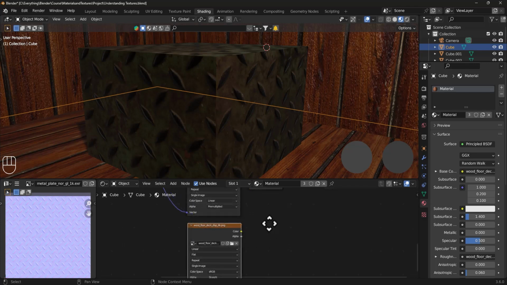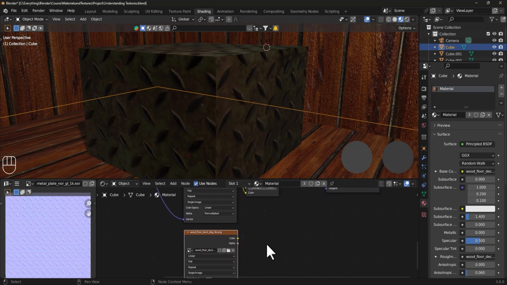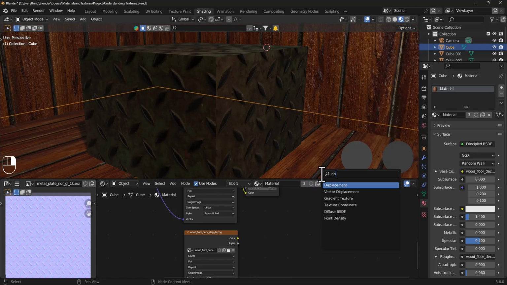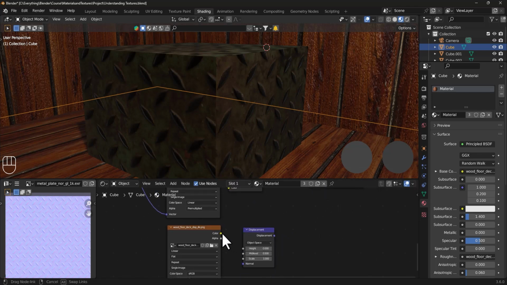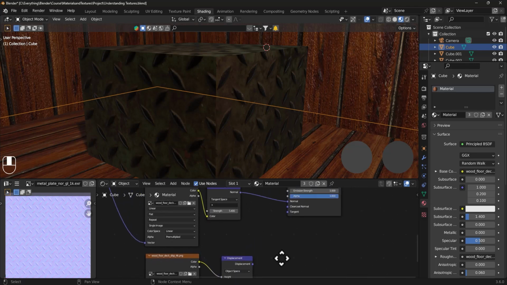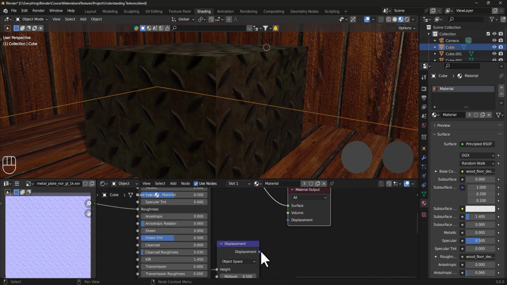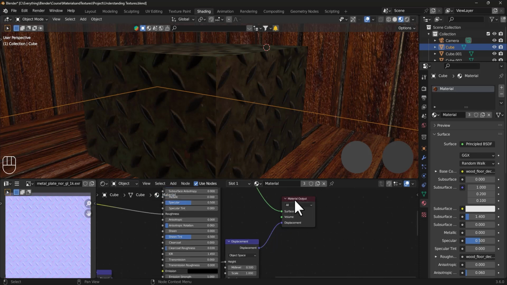Now, similar to what we did when we wanted to add the normal map, we're going to be adding another node for the displacement map. So I'll just click on any empty space, right click and search for displacement. So I have the displacement node over here and I'll drop it here, and I can now connect the color to the height and directly connect the displacement. Let me arrange this. The displacement node for this displacement map goes to this displacement socket for the material output